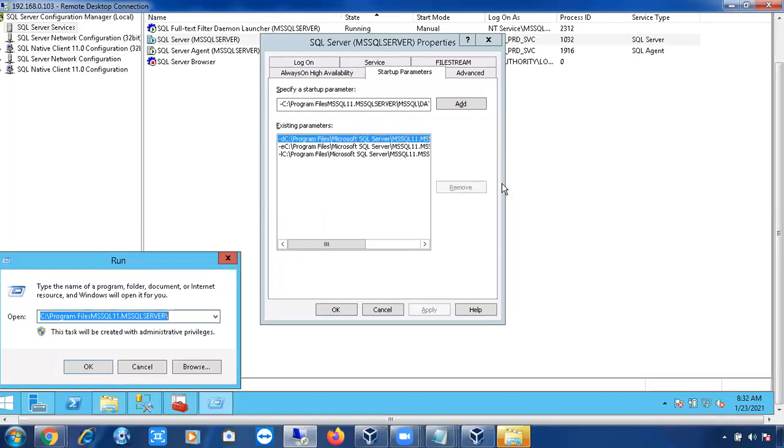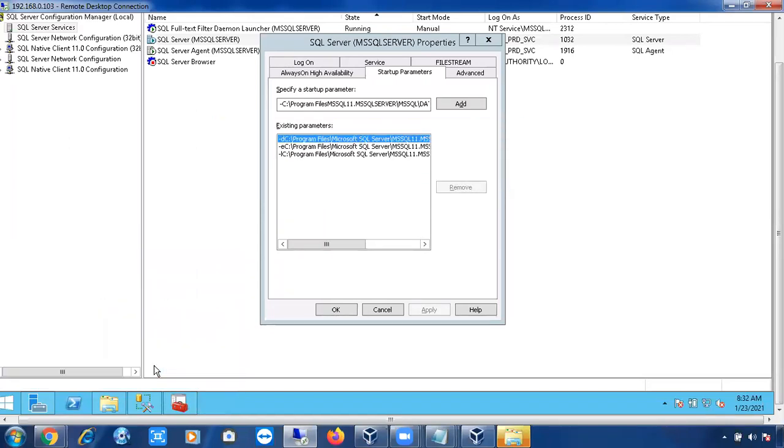So if Windows cannot find the path, it cannot access the master database data files and log files. So immediately your installation will not start. Why I am discussing these points is, if you are unable to start the installation, check the startup parameters first, whether the startup parameters are working fine or not. How to check it? Check whether -e, -d, -l are prefixed or not.